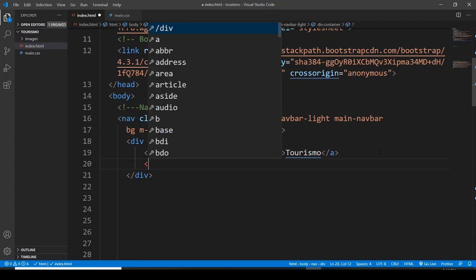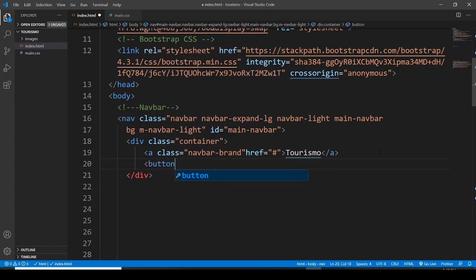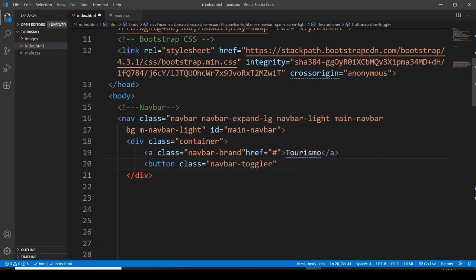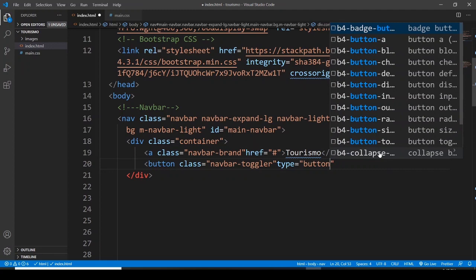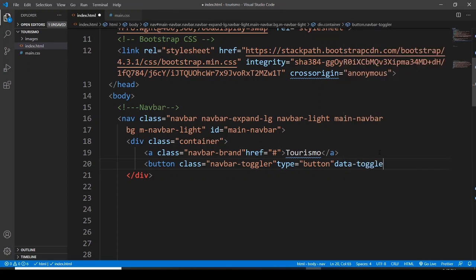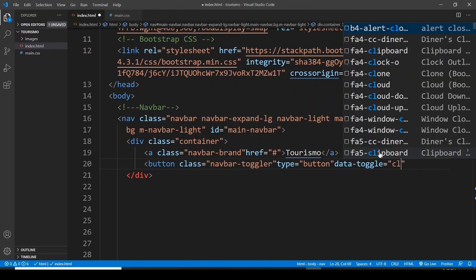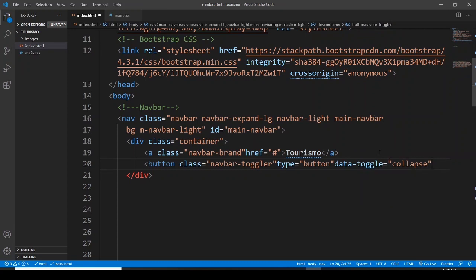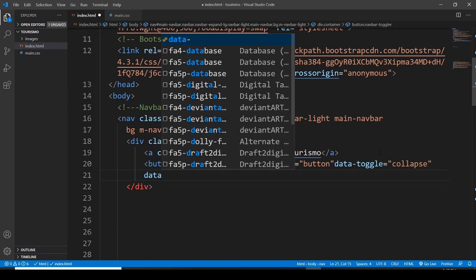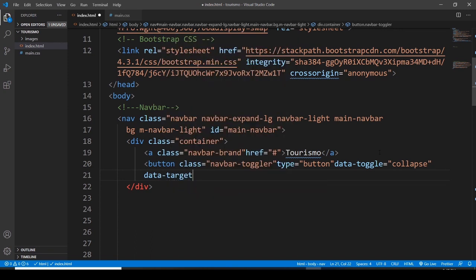Then after, let's go with the button element. Here is the button element. And the button element is going to have a class, and this class is going to be navbar-toggler, and it would have a type of button. And data-toggle, it's a Bootstrap class. I'm using a Bootstrap class, data-toggle, and this is going to be collapse. Then I want to have a data-target. So data-target, and data-target is going to be